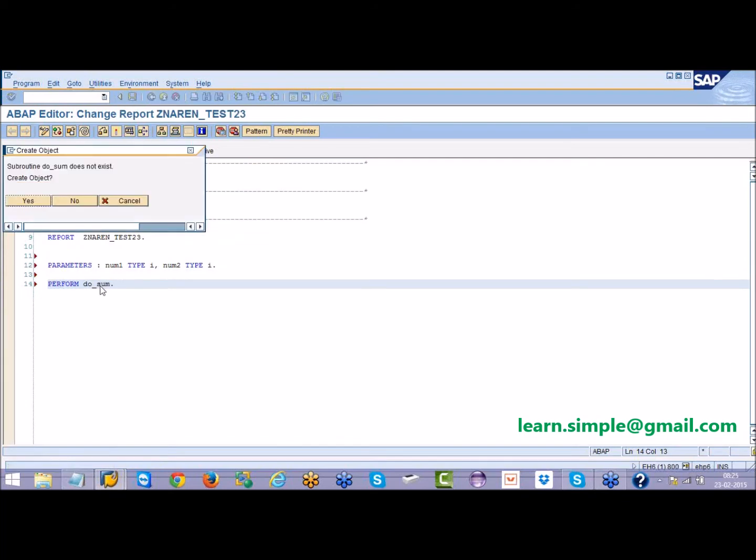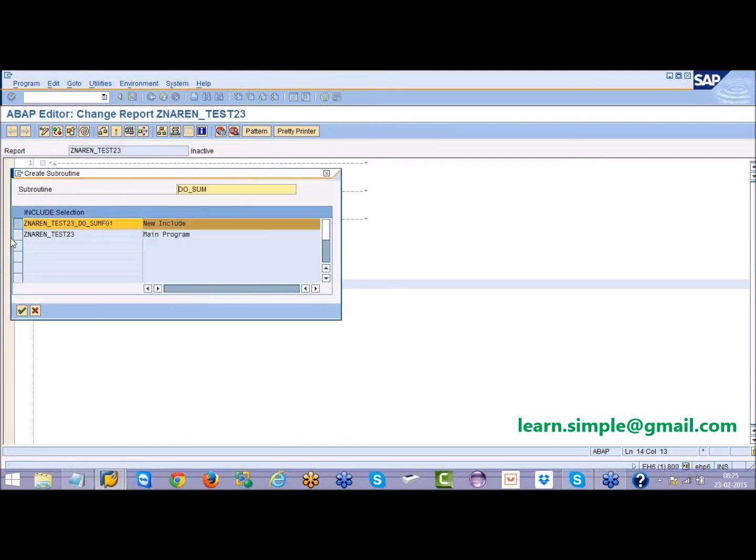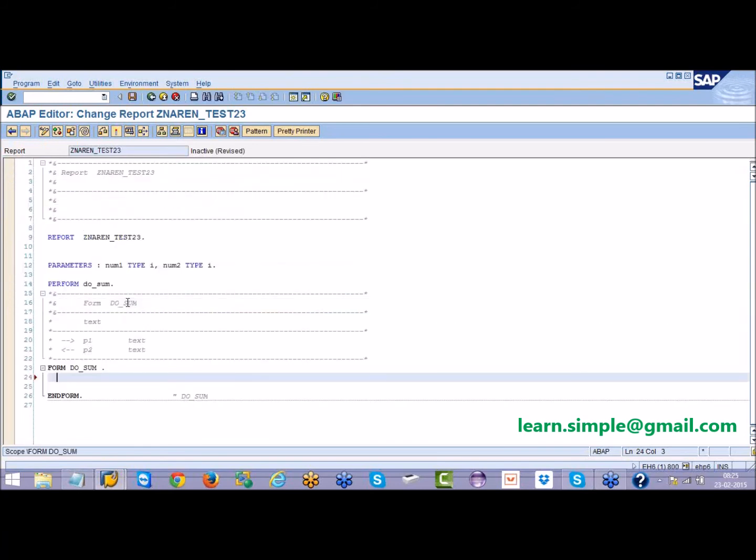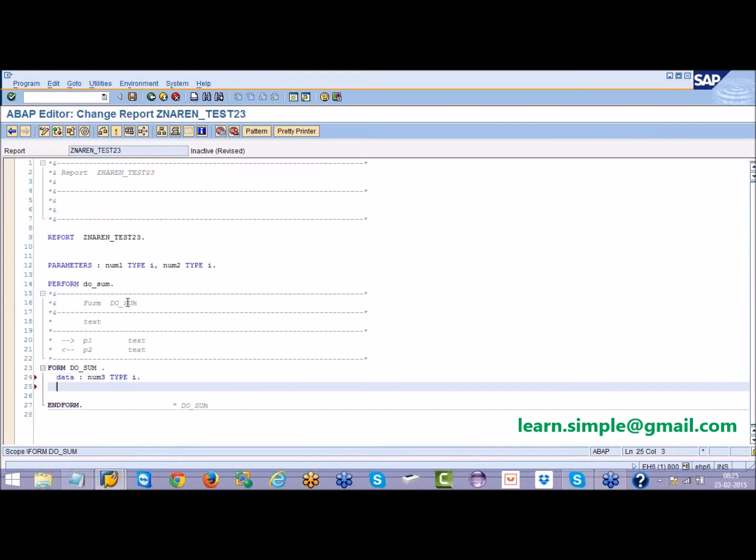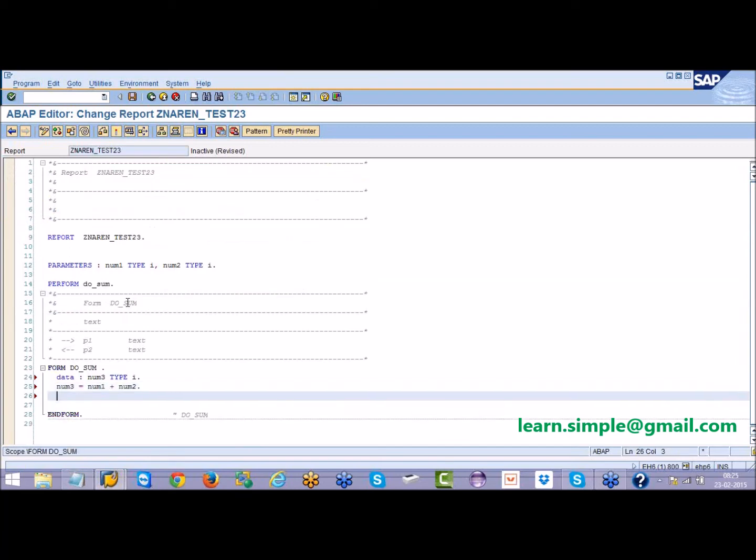I'll double click on this, and create the subroutine by selecting the main program. Here I will say data num3 type integer, and num3 equal to num1 plus num2. Then perform write output. Double click on this subroutine, write output.